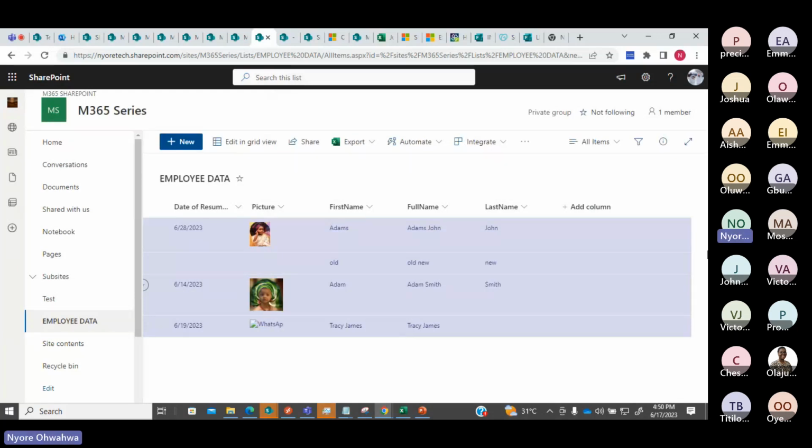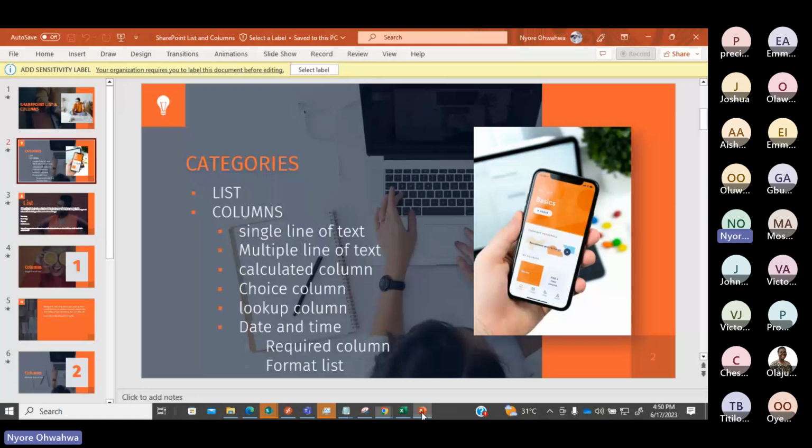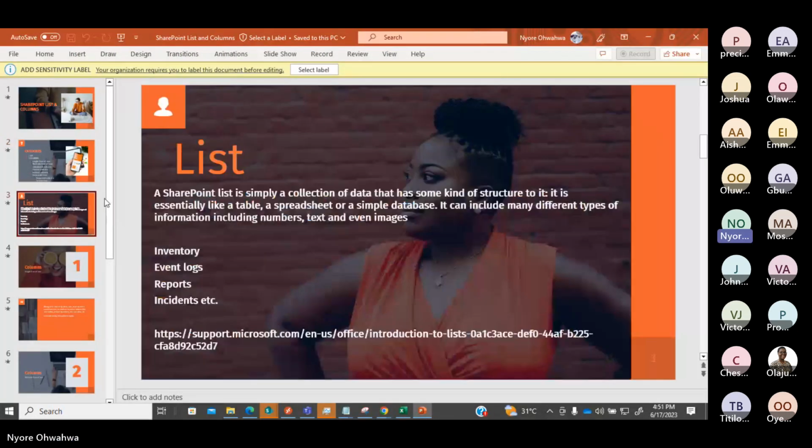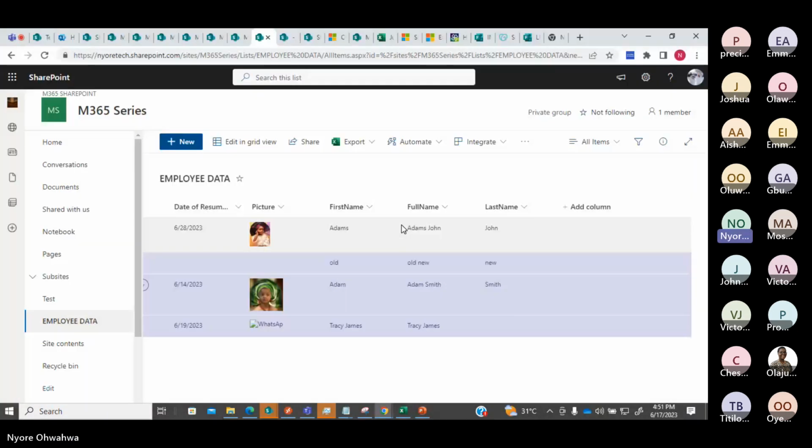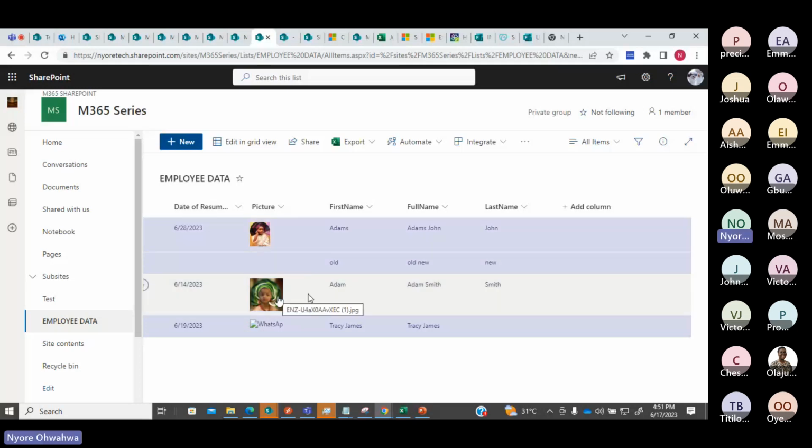So I think that's all we have for lists. That is all to know about lists for now. You can play around with the list, create different types of column, the lookup columns, and most importantly, you can try to create a calculated column. There are different formulas that you can create using the calculated column. You can create different types of data for a list. For a document library, you don't really need to do too much.